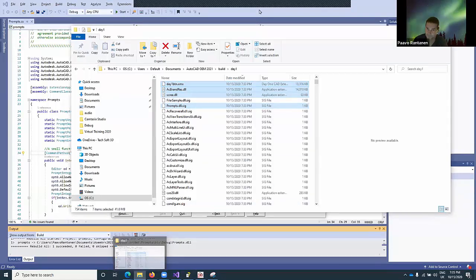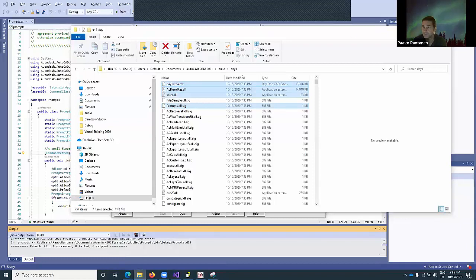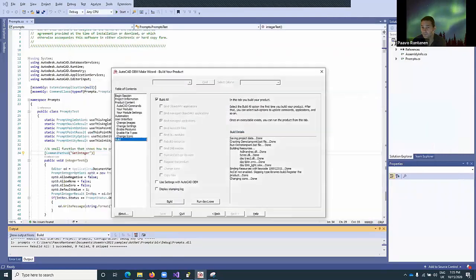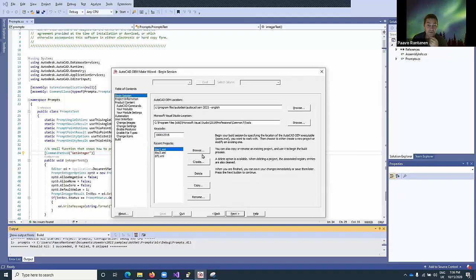And now, the next step would be for us to try an end user product. You should really do that on a separate machine, because if you do that on the developer machine, there will be conflicts with the registry settings that we saw the other day, because the end user product needs its own registry settings. So what I'm going to do now is delete the day one project from here,